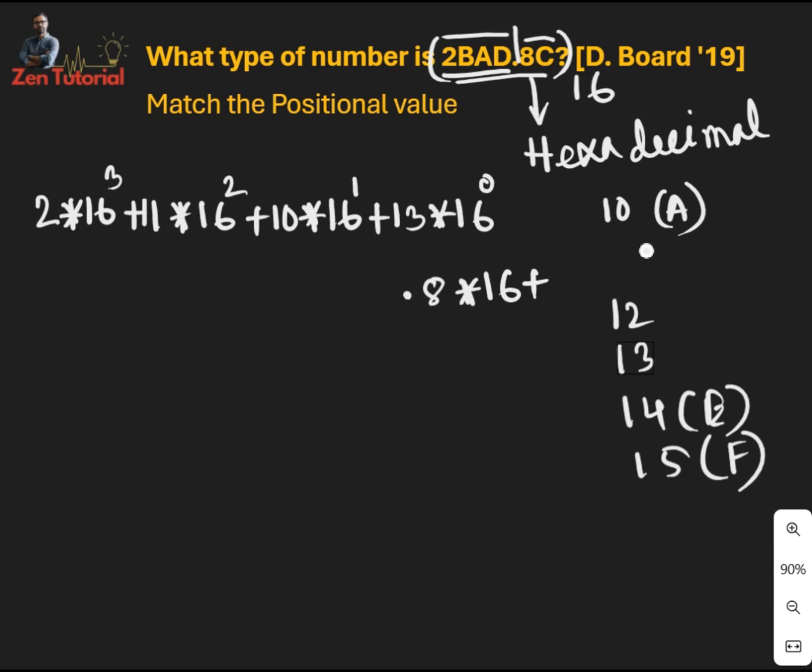So C represents 12, right? 12 times 16. So this is the MSB, so -1. Now this is -2. Now plug the values into the calculator. Afterward we'll get